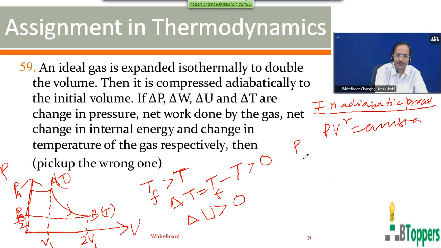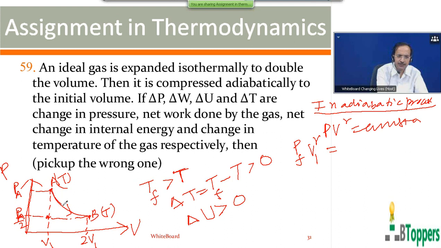So the final volume at the end of the adiabatic process is the same as the initial volume, because finally the gas is compressed back to the initial volume V1. The initial pressure for the adiabatic process is the same as the final pressure for the